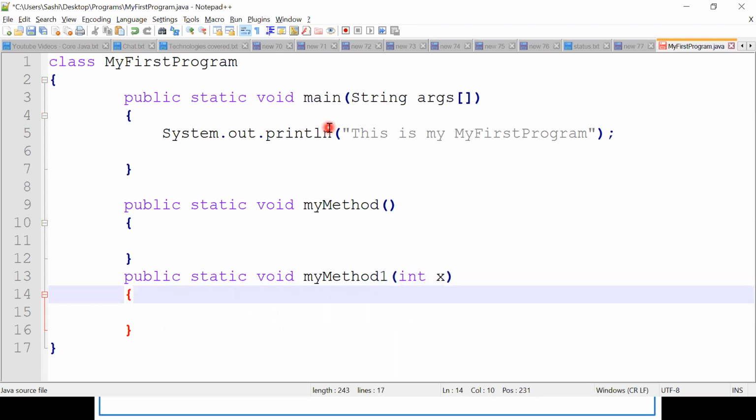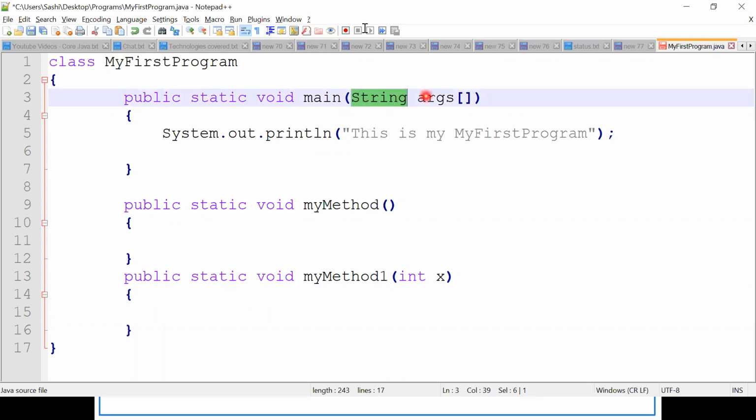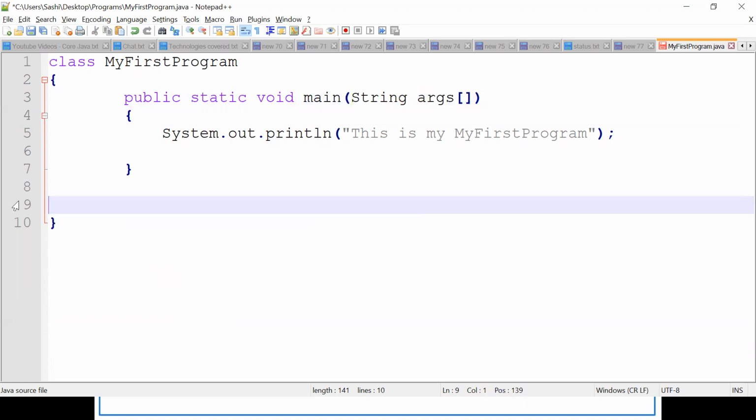But our main method is taking only one argument. That argument is a string array. The data type is String. Here the data type is int. We give these brackets, open bracket and close bracket, which means it is an array. So the main method should take only one argument, that is a string array argument. This is the name of the reference variable. We will see it much deeper in future sessions, so again, I'll make it simple.